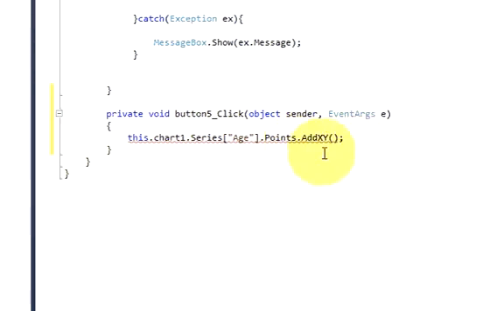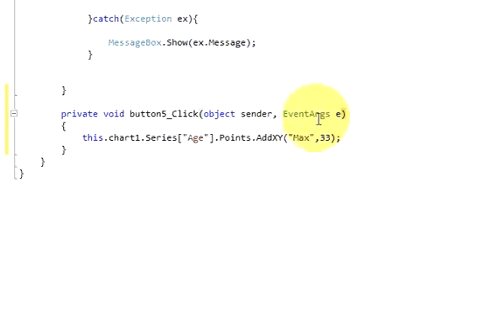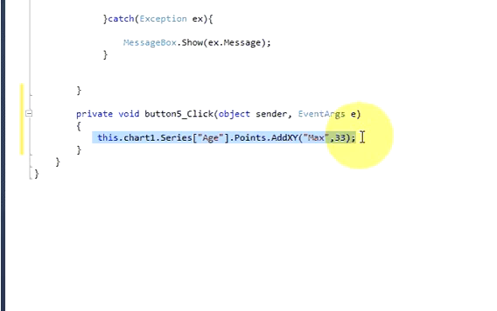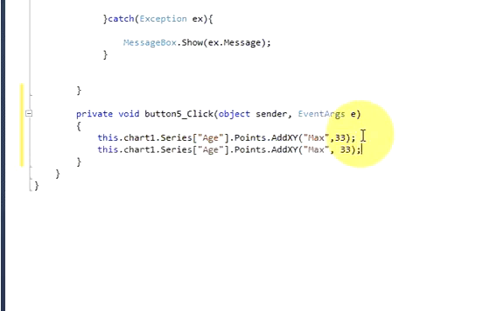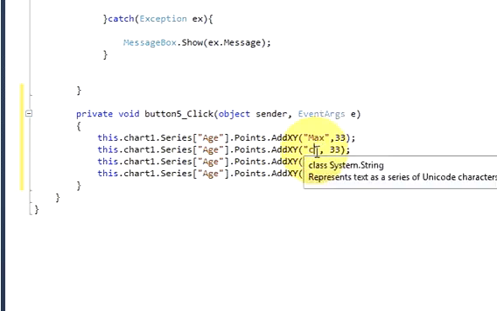So here we are going to pass two values. One is the name on the x-axis, so for example double quotes Max comma his age 33. Okay, so this is the first bar of your chart. So if you want to show more, just copy and paste, and the age will remain the same because it's the series name, and just change the name